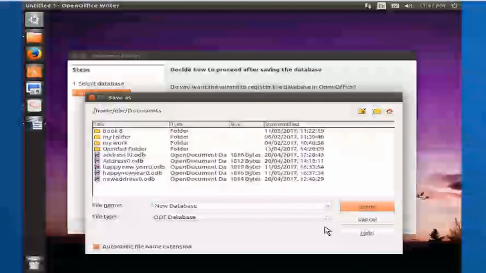Starting OpenOffice Base. To start Base, click the Ubuntu button on the launcher. To open the dash window, type Base in the search bar. Click the OpenOffice 4.1.2 Base icon. The Base database wizard will appear as shown in the figure. This database wizard window can be used to create a new database or to open an existing database.